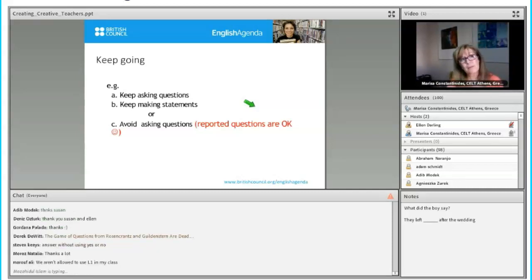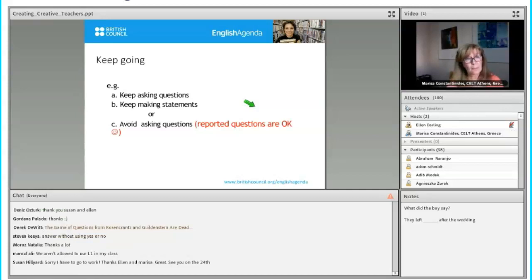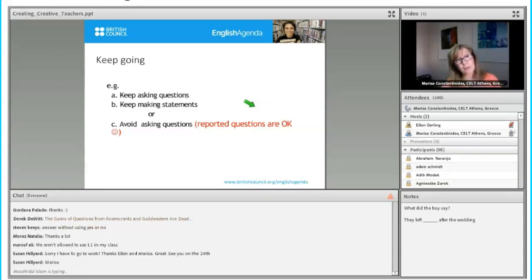You can do the same. The flip side of this is keep making statements, never ask a question or never make a negative statement, or avoid asking questions, but you can report questions. Reporting questions is an art for teachers that they need to master, and particularly,